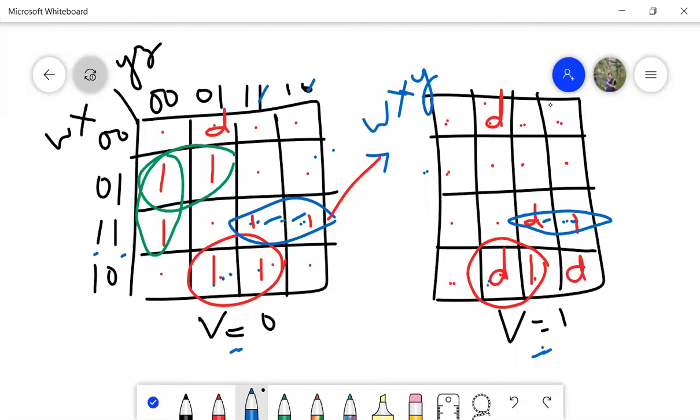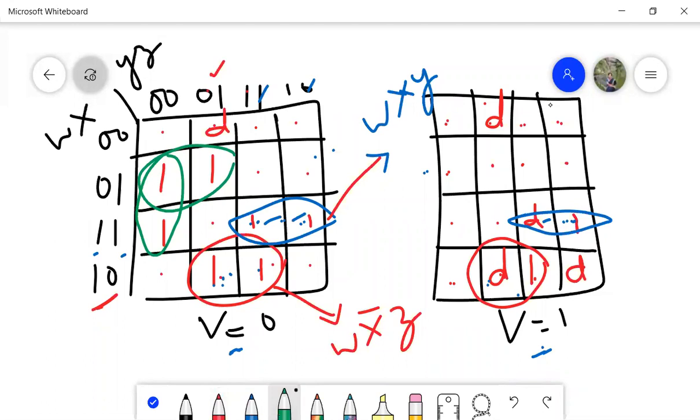Then let us take this K-map, which is common. Since it is common in both, V is equal to 0, V is equal to 1 will get cancelled. Now what is left out for this? We have to write what is left out. So this will become W, X, which means that it is W X bar. We will not have V because it has got cancelled. W X bar. So here 0 and 1 will get cancelled. Only 1 will be retained. So it is Z.